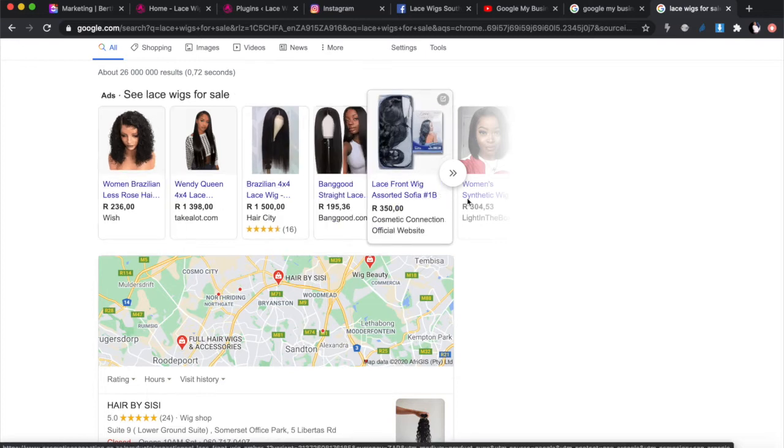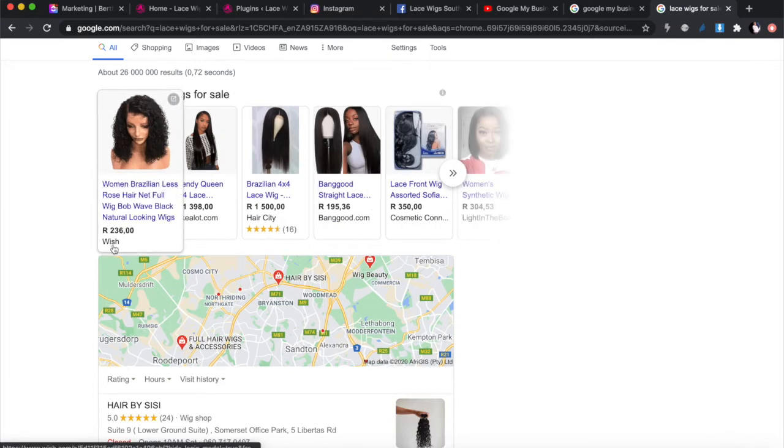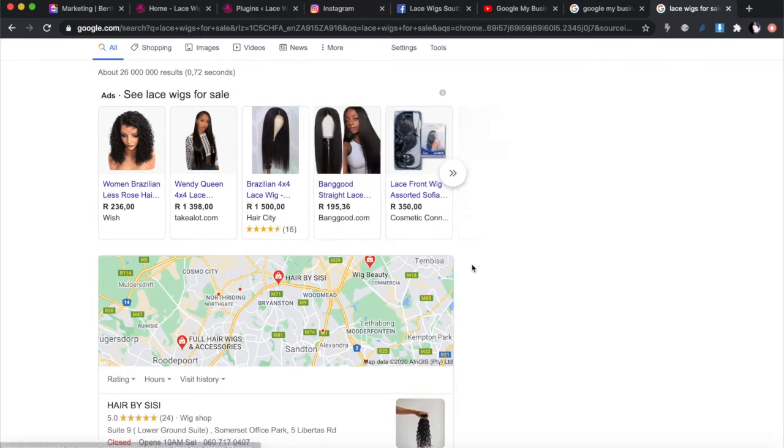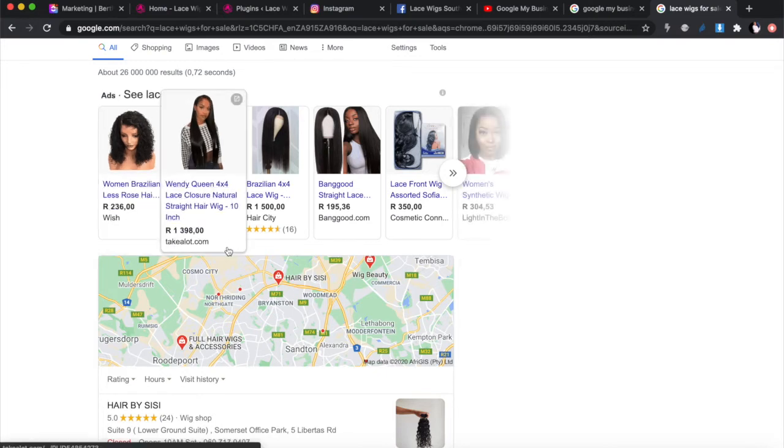And what I like about Google is that you'll see different stores here. This is Wish, this is Take a Lot, this is Hair City, this is Banggood. So what Google does, it really spreads out evenly between the marketers. So even though Wish and Take a Lot are paying a lot for their advertising, you as a